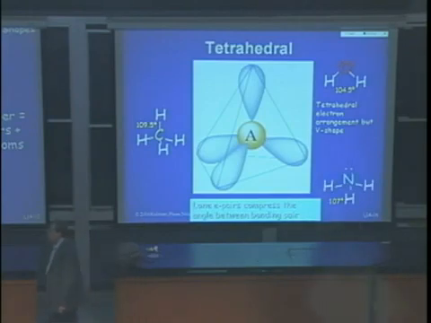NH3 is ammonia. So the nitrogen has 5 valence electrons by itself. It's bound to 3 hydrogens, 1, 2, 3, and 1 lone pair. So the steric number is 1, 2, 3, 4. Steric number 4 gives you again a tetrahedral configuration, but you have the lone pair, which pushes on the other